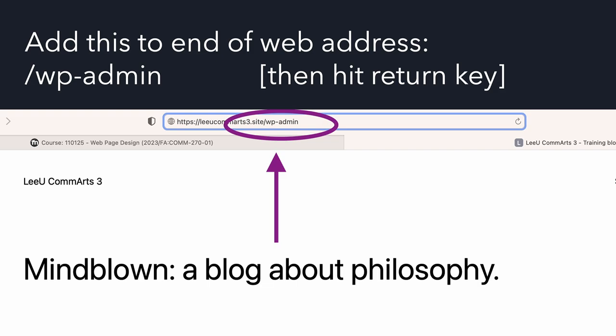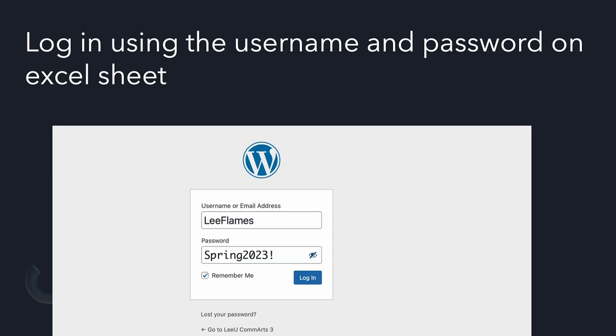So just add to it /wp-admin, then hit the return key, and you should now have a screen that looks something like this,